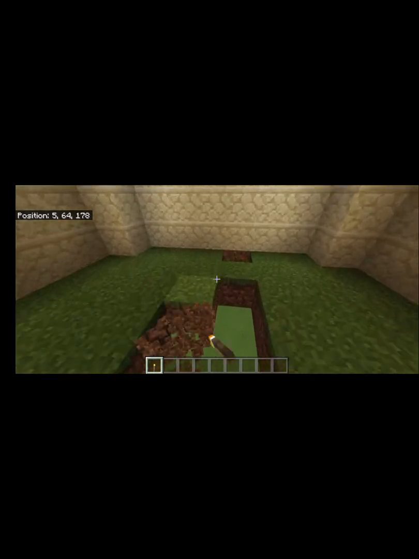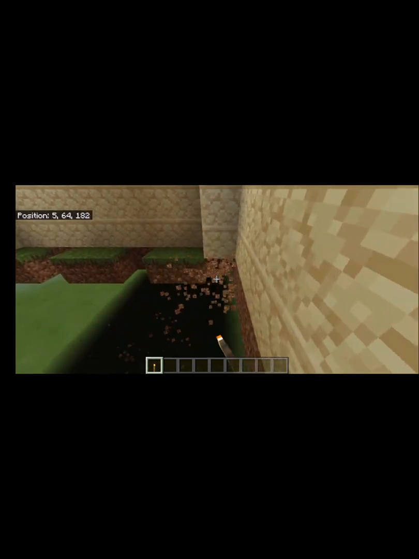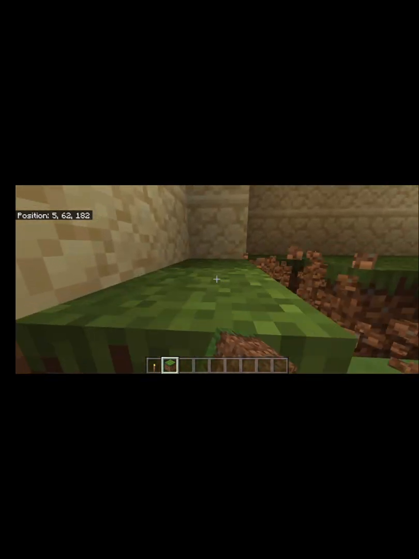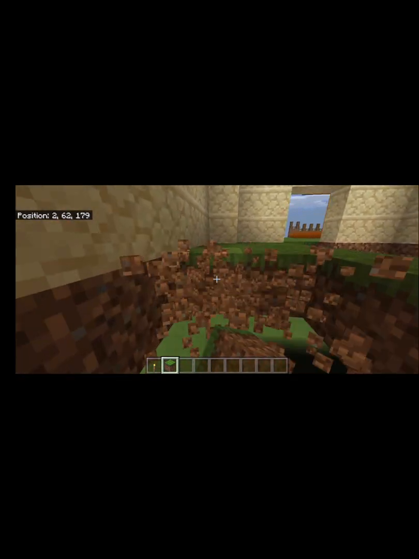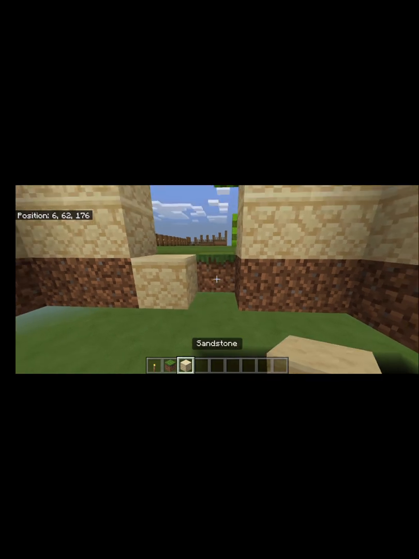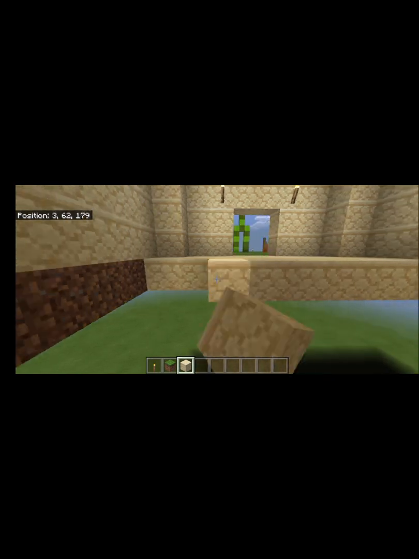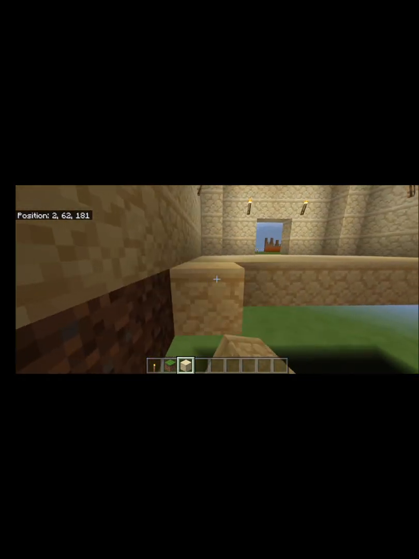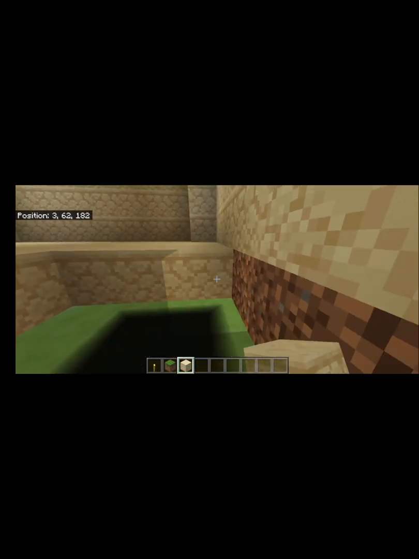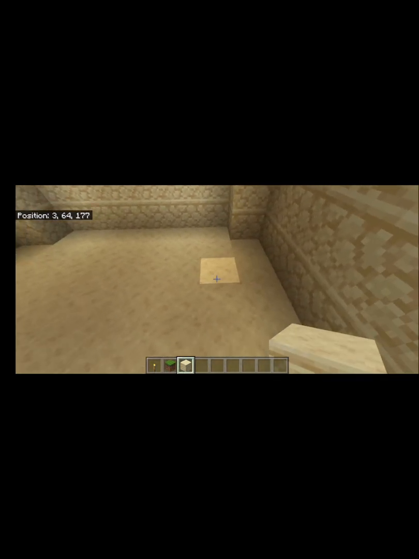Right, okay, so now let's destroy this entire floor now that we can see what we're doing. And again, inside here, it's just going to be filled in with sandstone for the floor. Okay, here we go. I'm hoping we'll have enough time to get this done in this video, so...